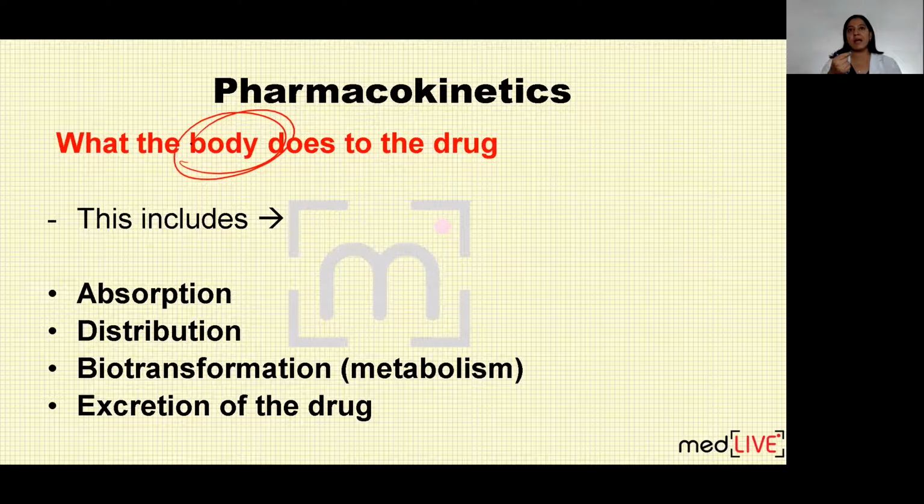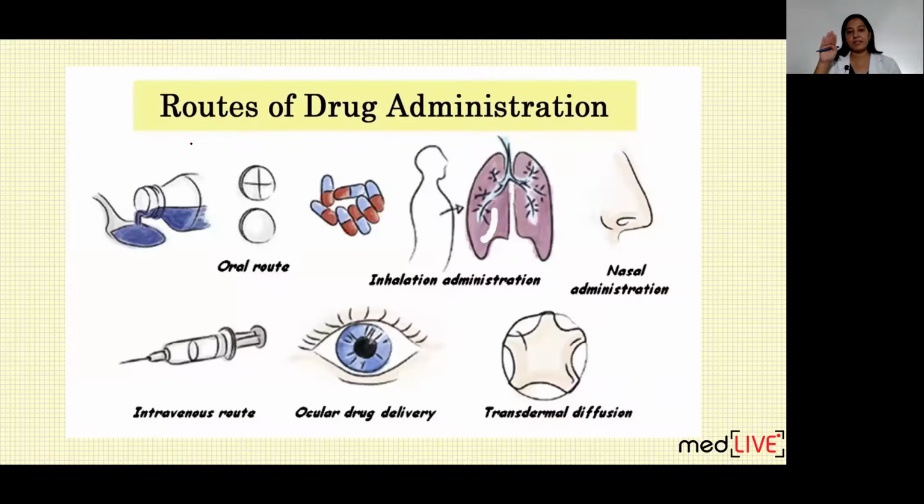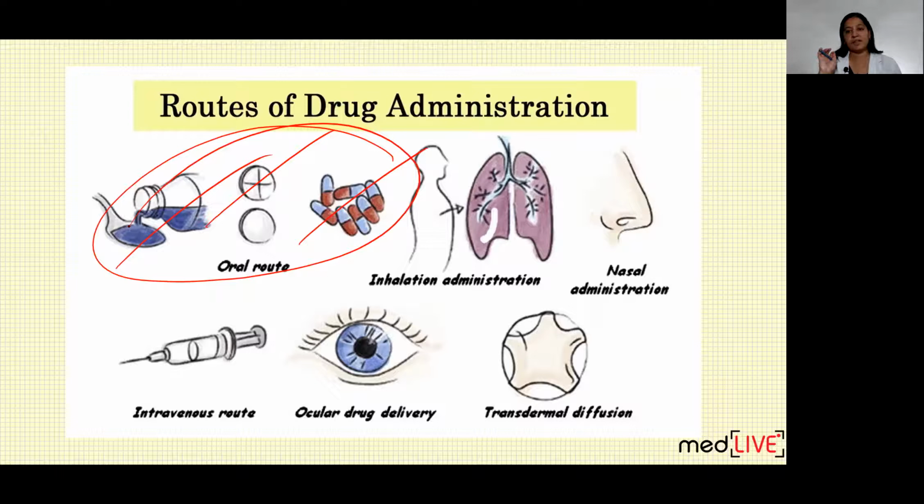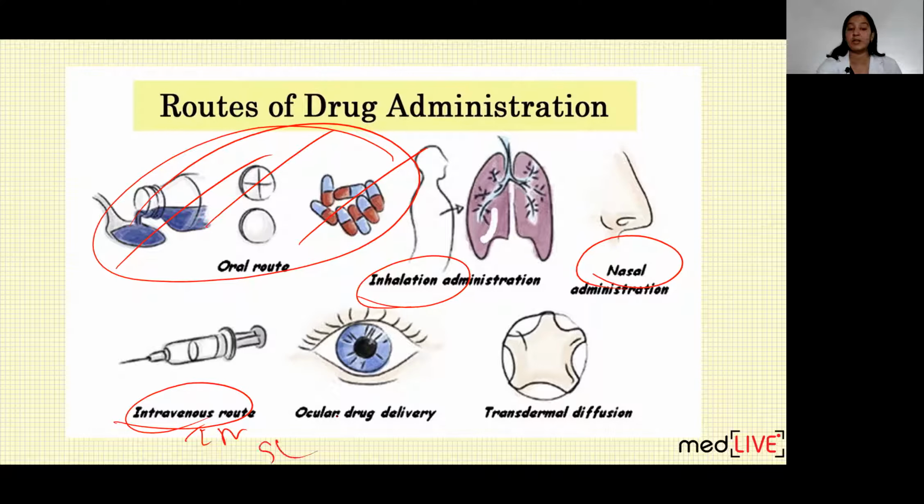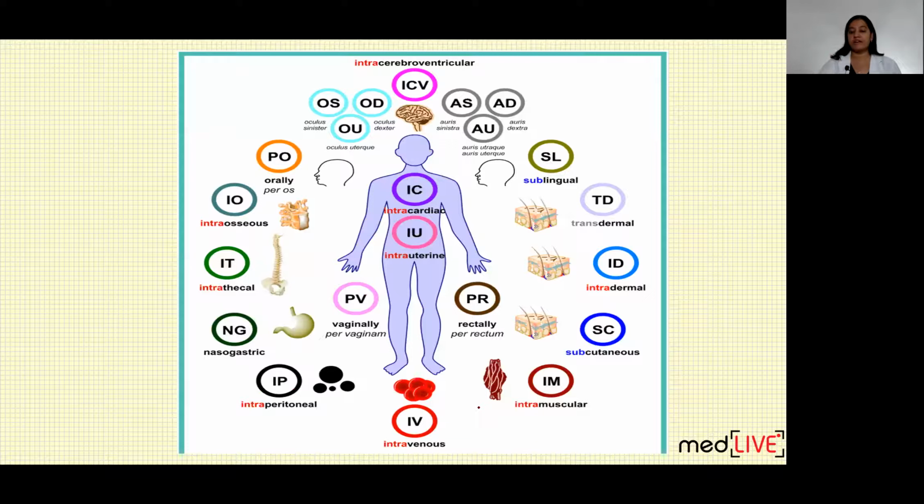As soon as I take any drug, there are multiple routes of administration of the drug. The most common route of administration is oral. We take the drugs by mouth. We take tablets, capsules, syrups, but all these we take by mouth. That is the oral route. The oral route is the most common, simplest and cheapest route of administration of any drug. But there are various other routes also, like inhalational route, nasal route, intravenous route, intramuscular route, subcutaneous route, ocular route, transdermal route, per rectal route, per vaginal route, and many more. These are all routes of drug administration.